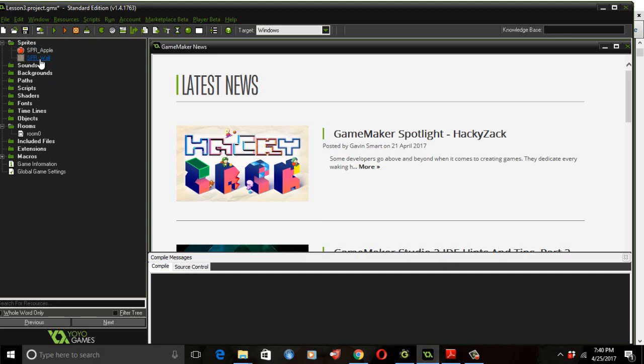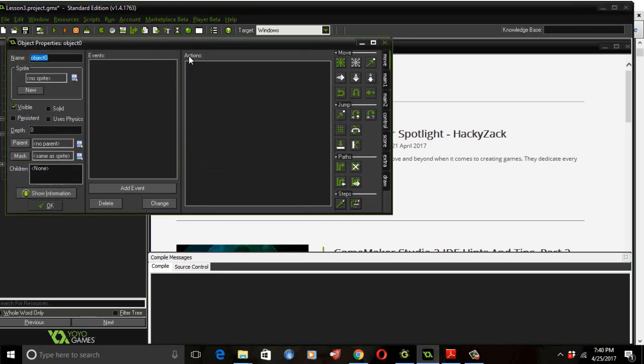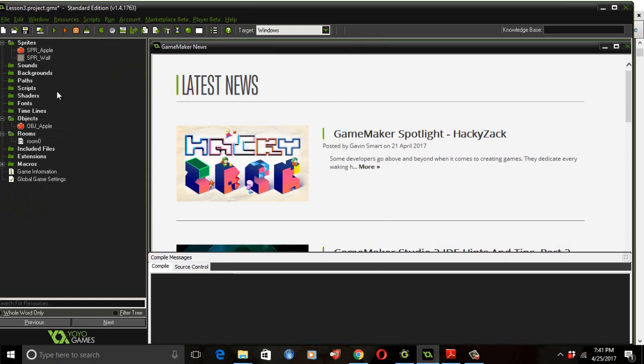And now we're going to create 2 objects with them. So we go over here to create an object, and we'll use the apple first, and we'll call this object underscore apple. And we want this to be visible. All right, and we're going to add some events to it, but we'll just create the object first, and then